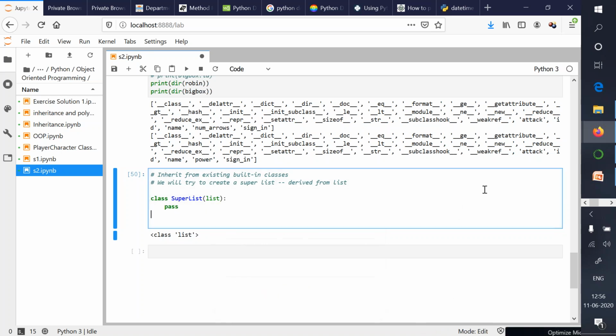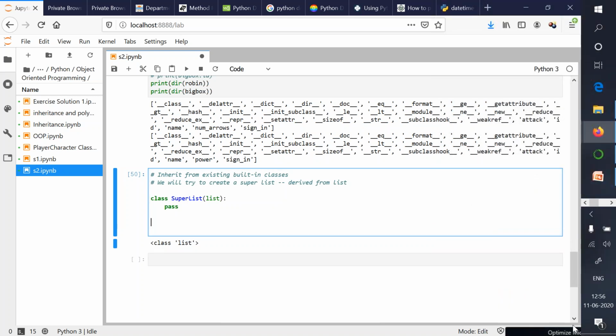Now let's try to create a few objects for this class. Let's say super list is equal to super list.